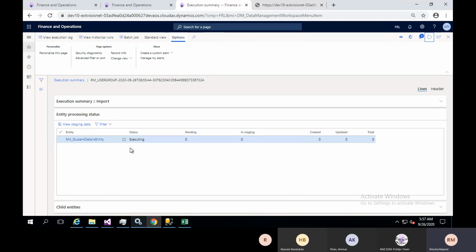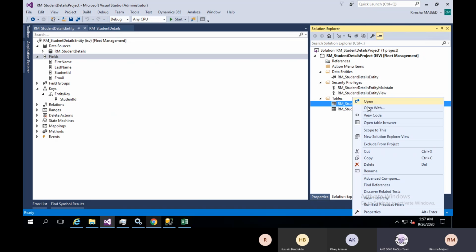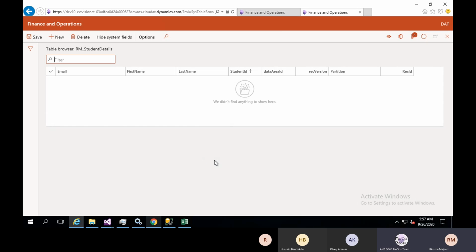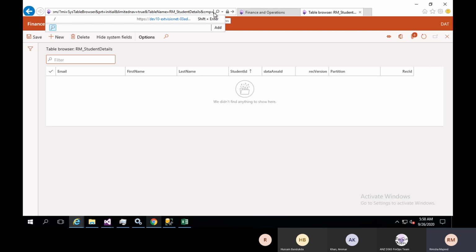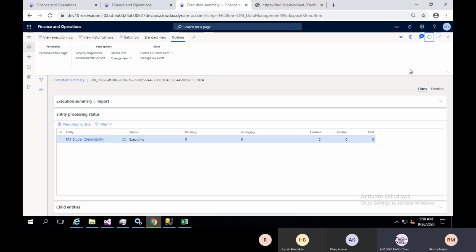Once we have this in process state or in completed state, we will be able to see the data that has been imported, and that will also be viewable in the student detail table. See, we didn't have to code anything. We just updated some entity. Let's see if it has any records. It has not been successfully executed yet, so we currently do not have any data. But once it gets completed,